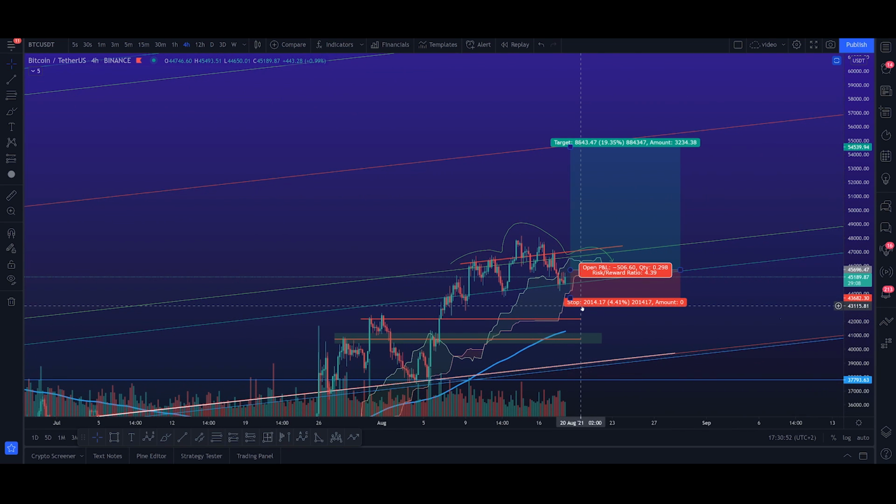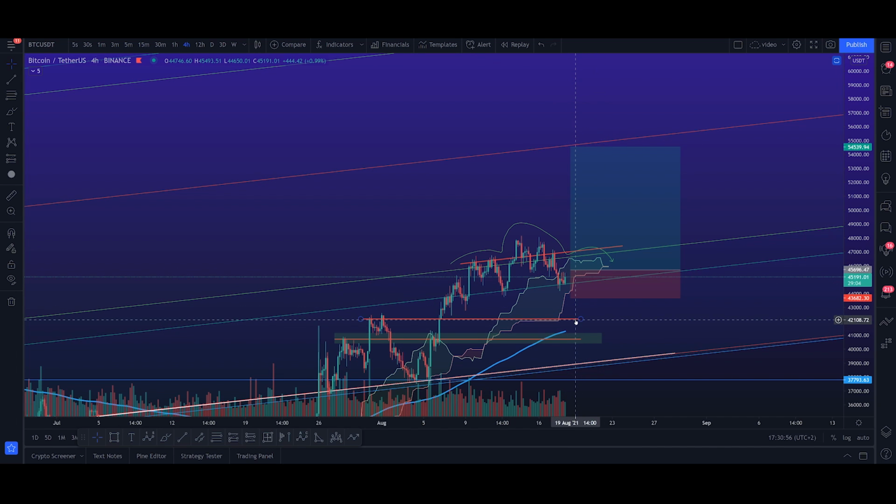And on the 4-hourly also, right now we are in the middle of the cloud. Not a very good entry opportunity for now. Really, seriously, guys, I think that Bitcoin should be left alone for the duration it will take for it to go either up or down. And so if it goes down, we know where more or less we can re-enter. So it's mostly based on the Fibonacci, on the EMA, the 200 EMA and the Ichimoku cloud formation, and